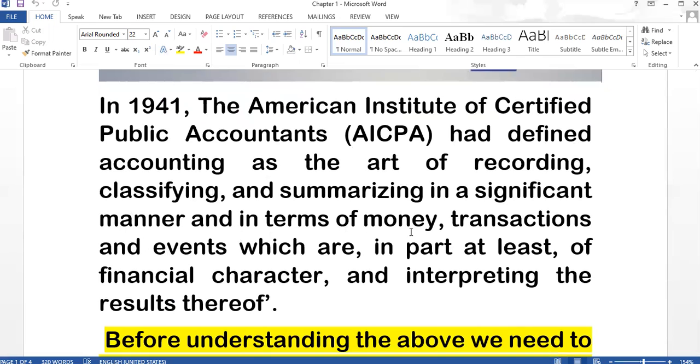And the transactions and events should be at least in part of a financial character. Every transaction should have a financial character, and interpreting the results thereof. So what I have been doing is taking these business transactions and coming to conclusions. This is the meaning of accounting